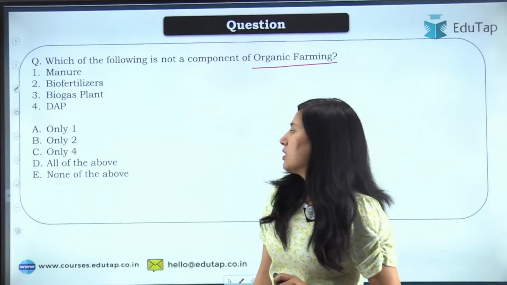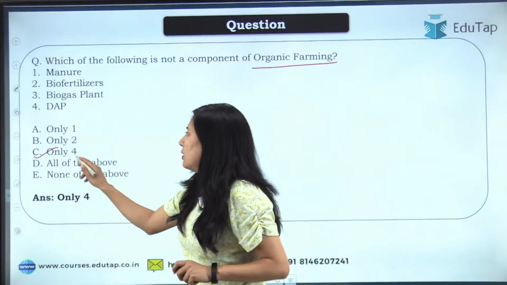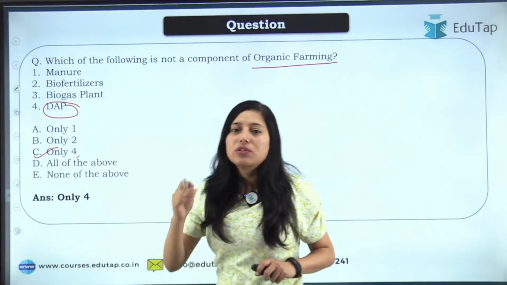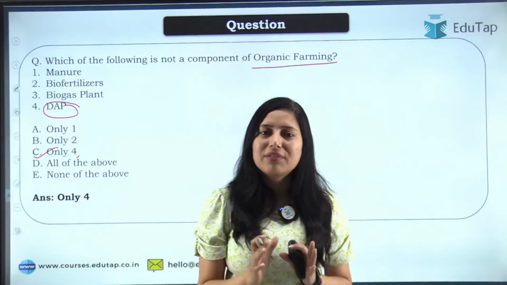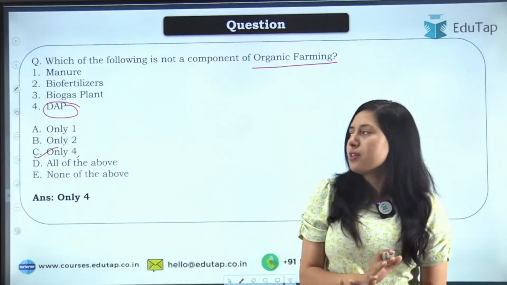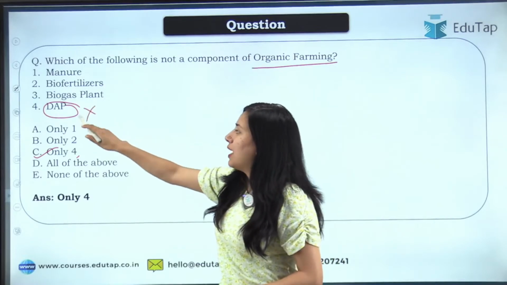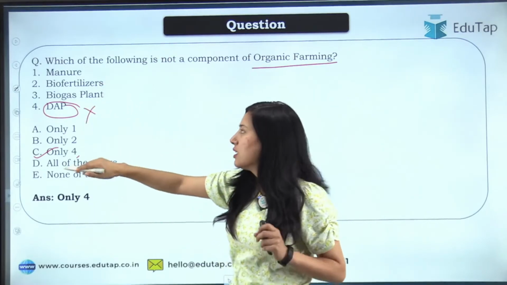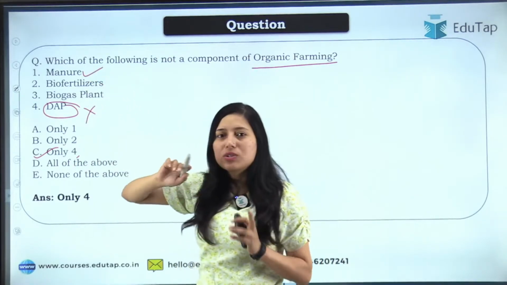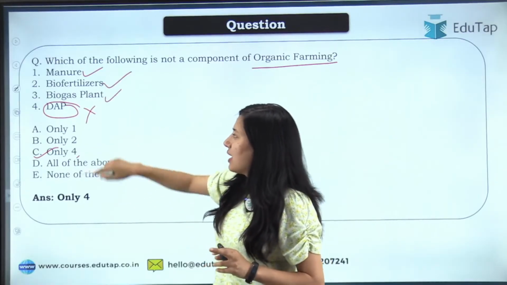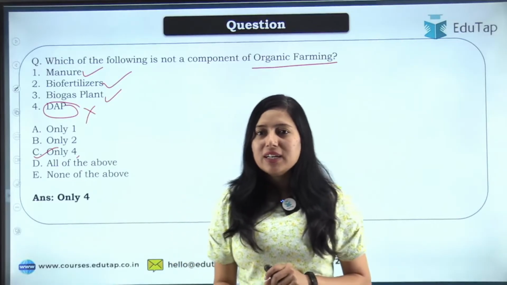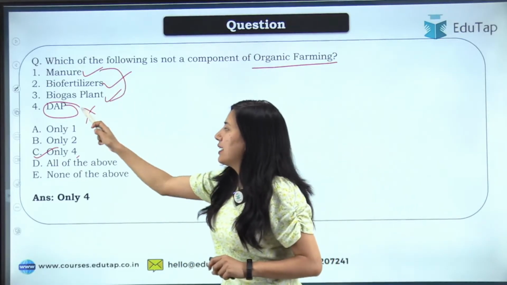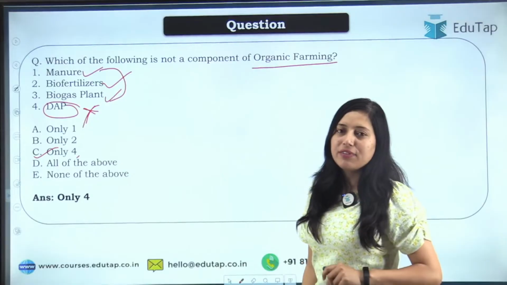Very good, Poonam. So the answer here is option C, that is only 4. DAP is diammonium phosphate, which is a chemical fertilizer, and we know that we cannot use any kind of chemical fertilizer in organic farming. So that is why DAP will not be part of organic farming. The rest, yes, we are using manures, we are using biofertilizer, and your biogas plant is being used for waste management, right? So all these are components, while DAP is not part of organic farming because it is a